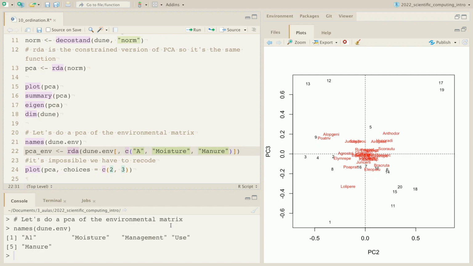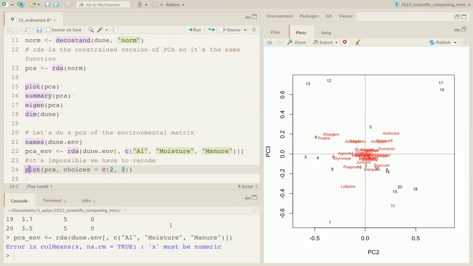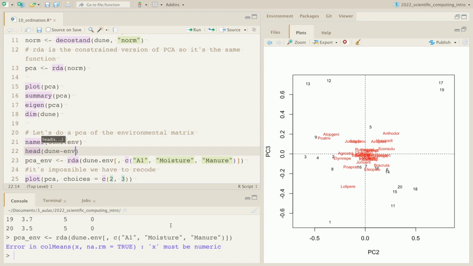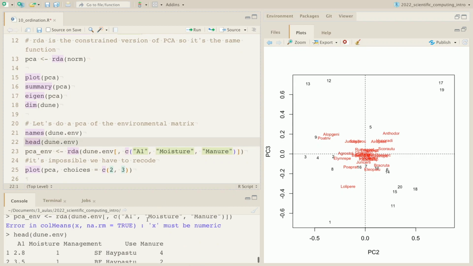Not AL. No, but it doesn't go A1. Yeah, that was me. That's numeric. Because the manure are modes of manure, is that? Manure and moisture are